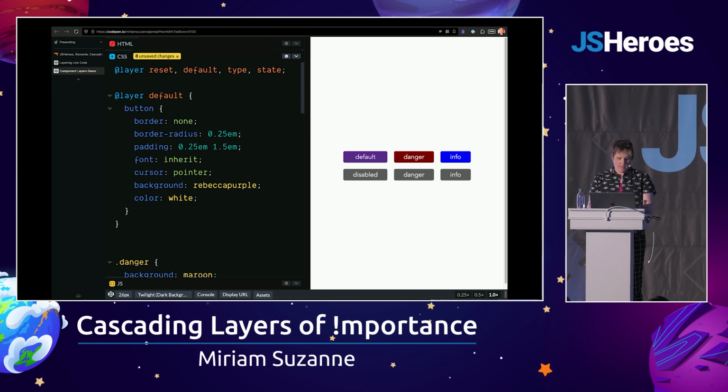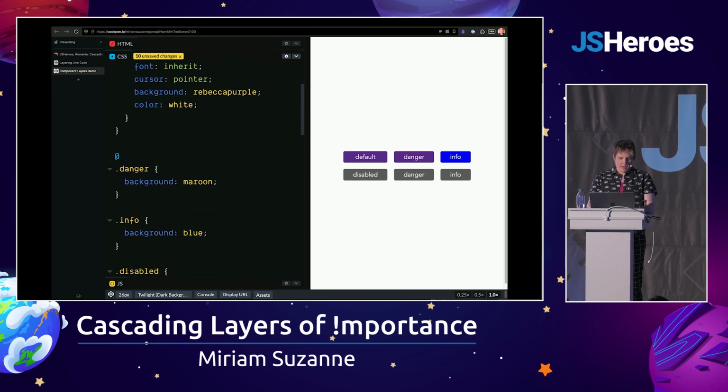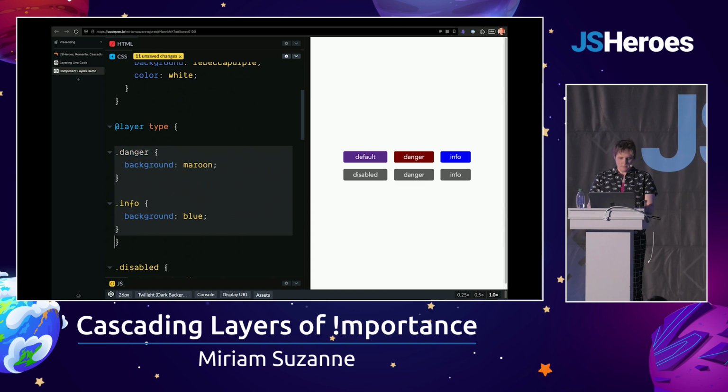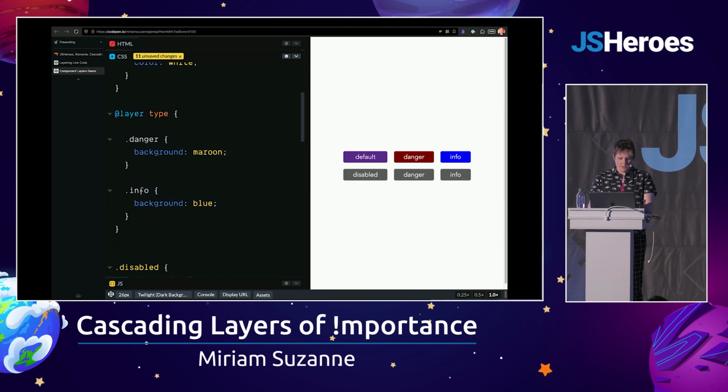And then I'm also going to have a type. Info and danger are different types, so I'll have a layer type for those. And this will go in layer state.